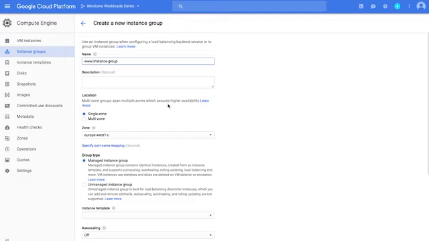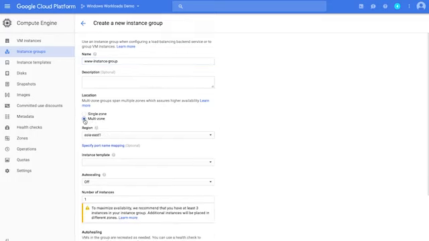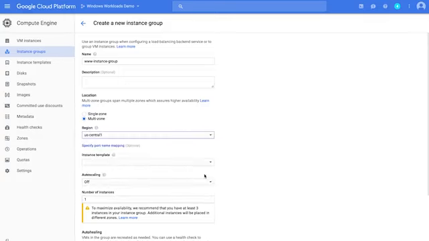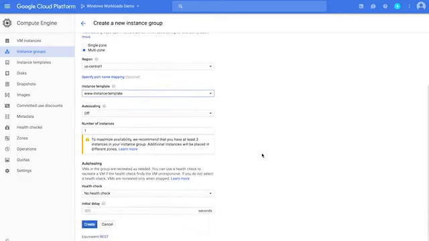In terms of the location, for high availability, we'll select multi-zone. And because our SQL server is in the US Central 1 region, we'll select that region for our managed instance group as well. We need to determine the instance template. We'll use the www instance template that we previously created.